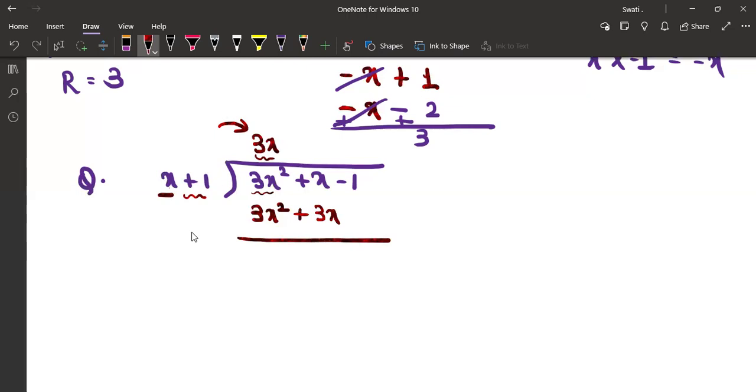We will change the sign. So what's the answer? 3x square and 3x square get cancelled with each other. Very good. That's correct. And then x, 2x, and minus 3. Minus, yeah, very good. 2x with the minus sign. Right? Yes. Okay, then